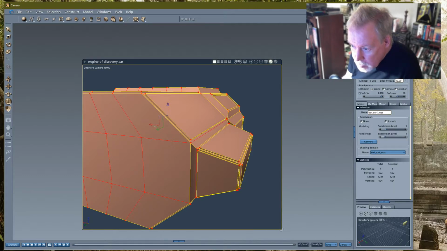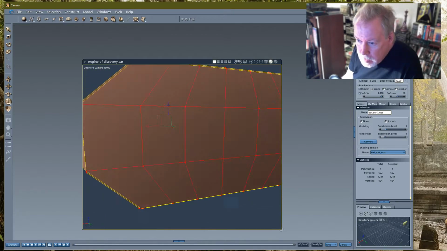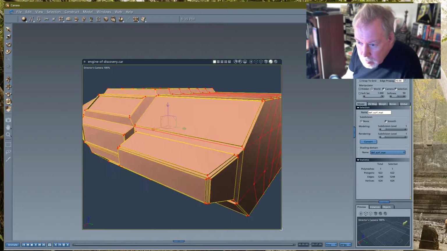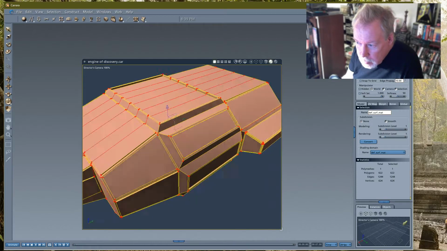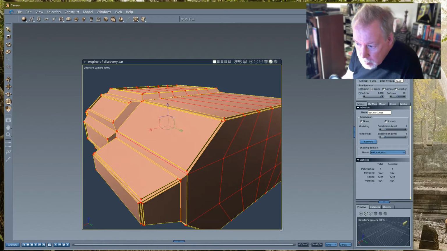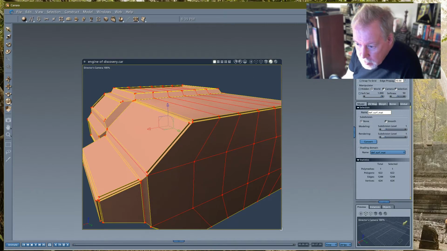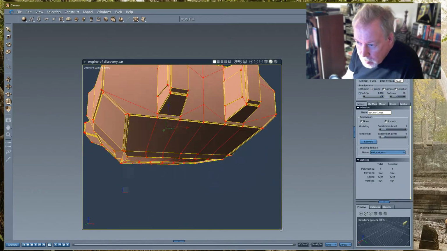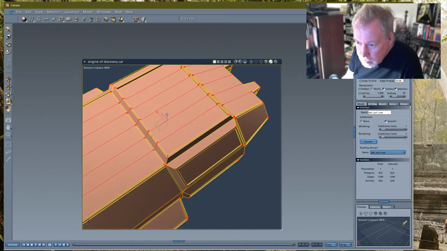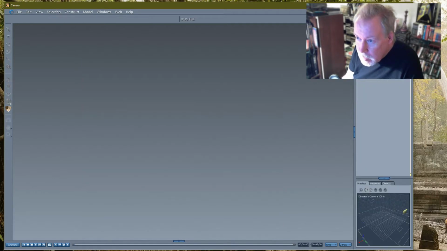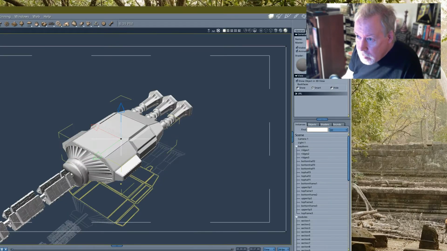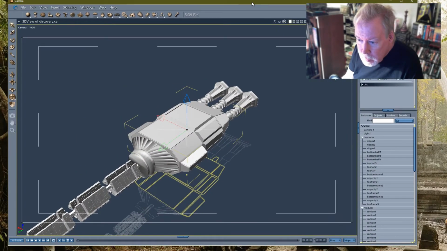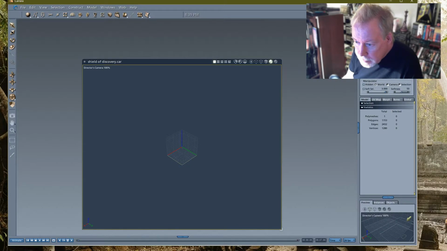This one's not gonna get messed with because it's a planar edge. Not sure I have one. Not sure why I have one of those, but I do. Okay, so let's get out of this and get me back into the viewer. Okay, so that's done. Let's do this one.